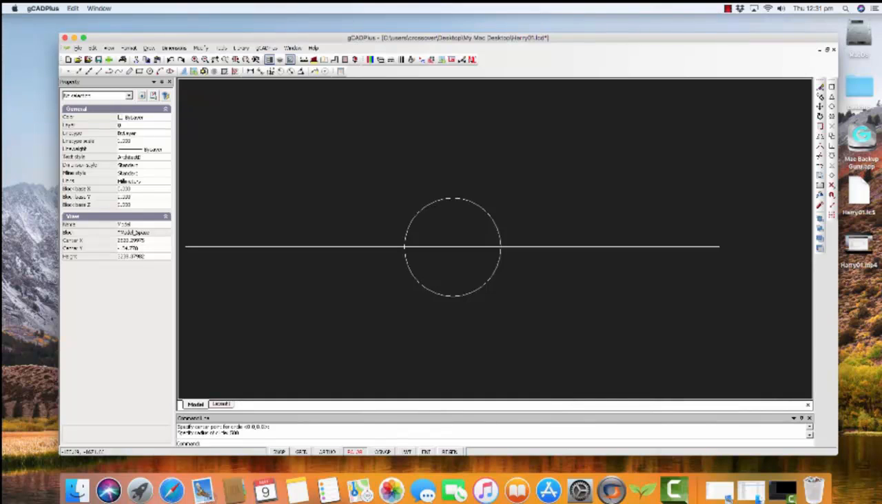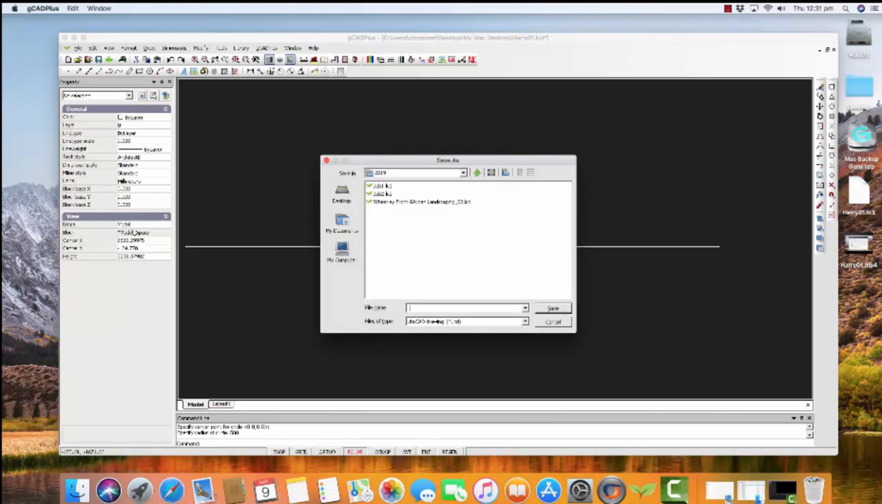Let's imagine that this is part of a real design job, and very early on in your work you need to save the work that you're doing and put it in an appropriate place. So let's go File and Save As, and gCADPlus will jump out to its own folder in the My Documents folder. Let me just go up a little, so it's in the My Documents folder, gCADPlus, and we put a